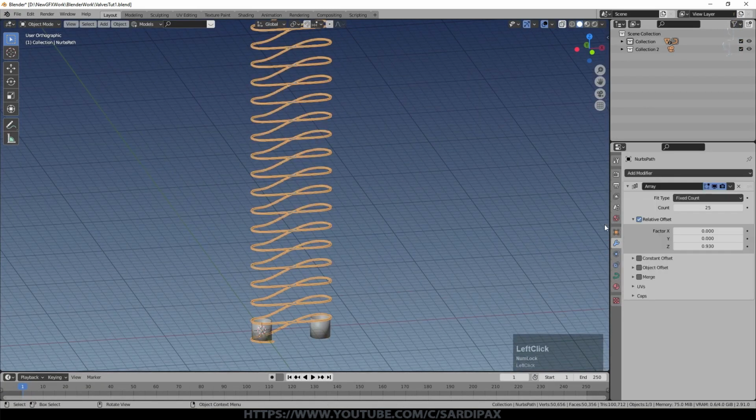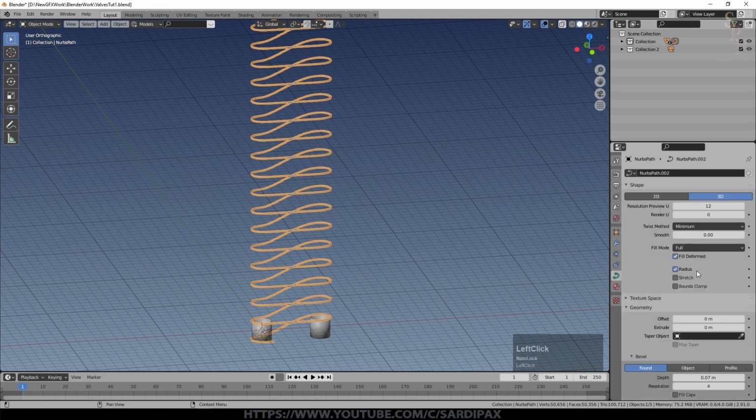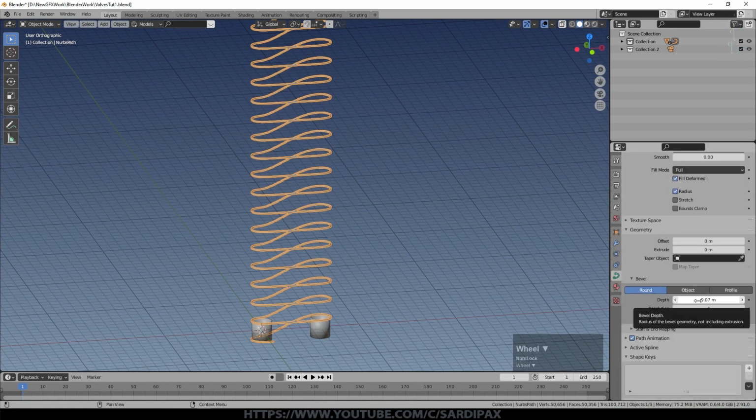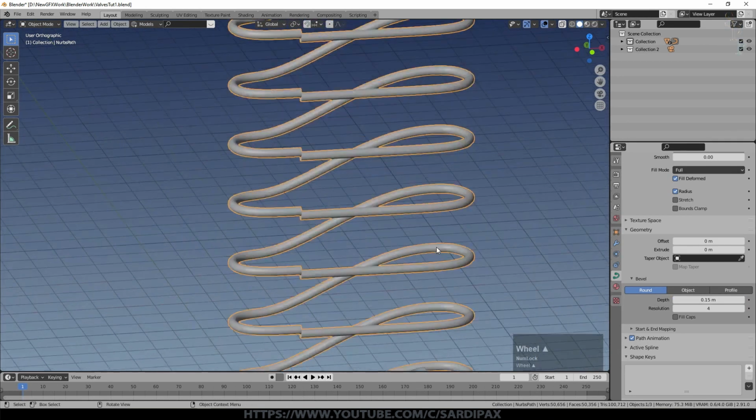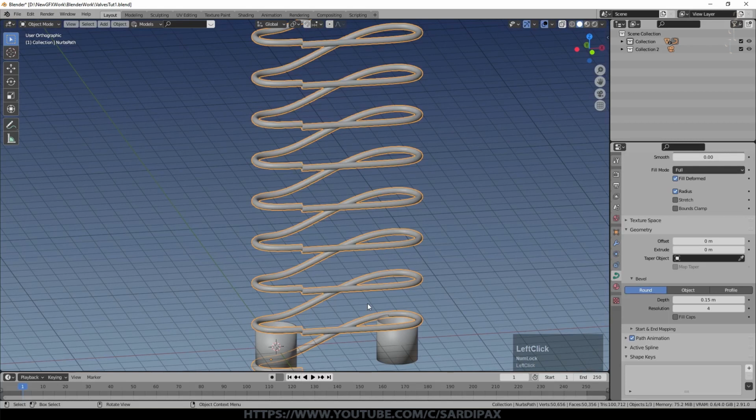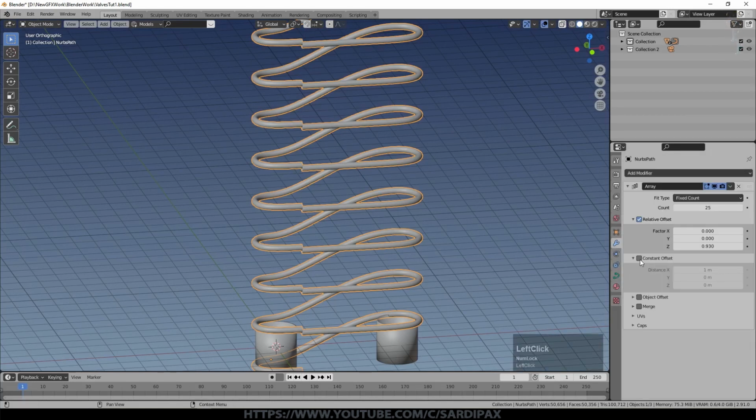I think we'll make the heater slightly thicker. I'll come down to the curve properties and the bevel again, and we'll just go slightly thicker again. Now it looks like we need to adjust our array again because we've effectively made it taller. That's because we're using relative offset. You can use a constant offset.